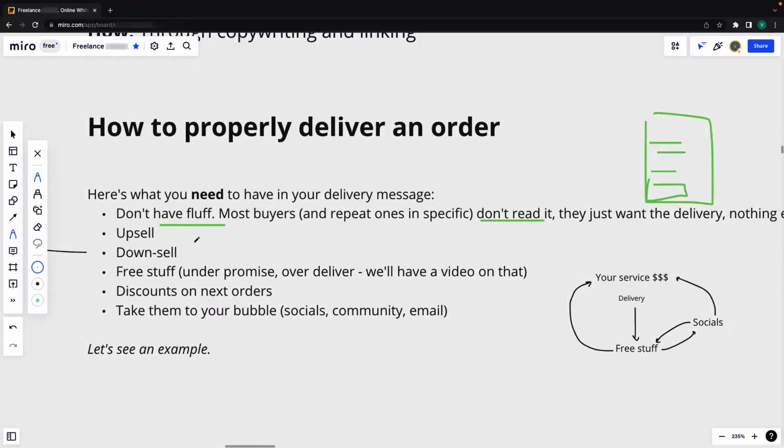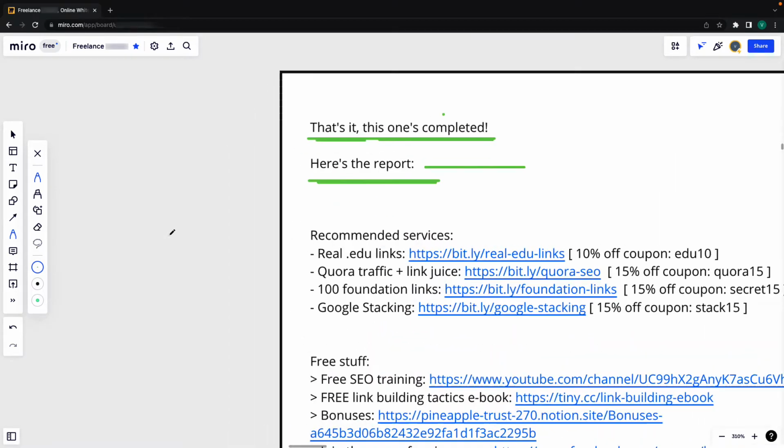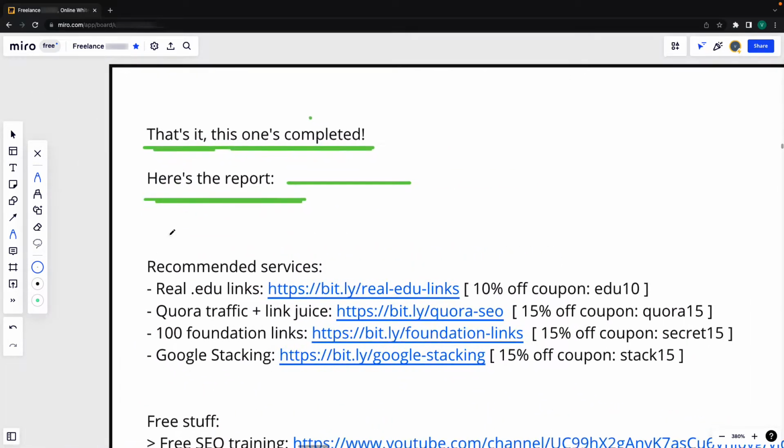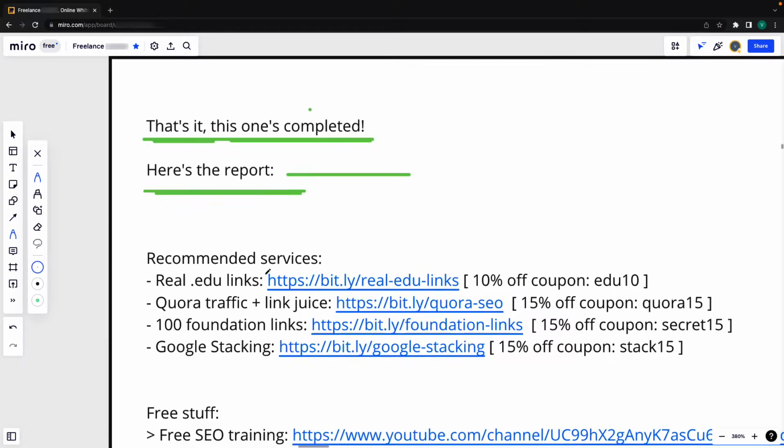But what I mean with the upsell and downsell and how you should do it in your delivery message is, for example, here, when I link out to the recommended services. And you can see here, there's a coupon, and not all marketplaces allow you to offer coupons to your buyers. But if the one you're working with does allow you to do it, why not do it? But basically, these are